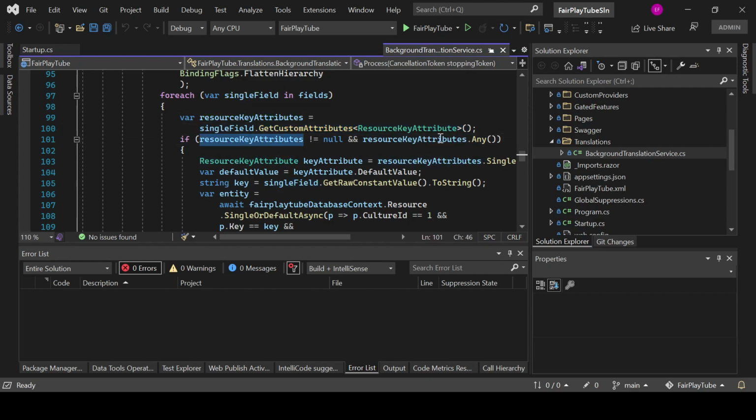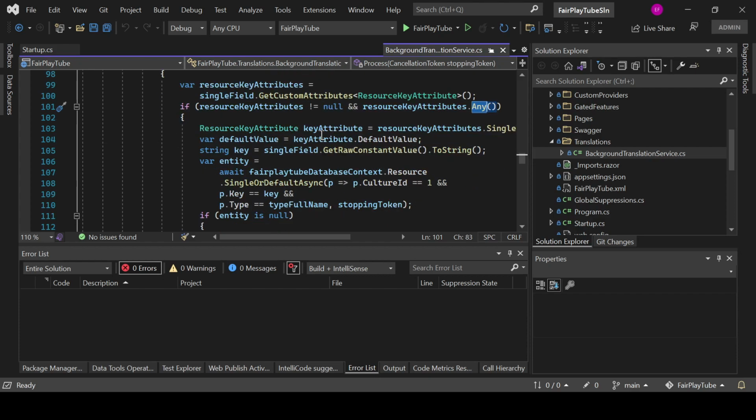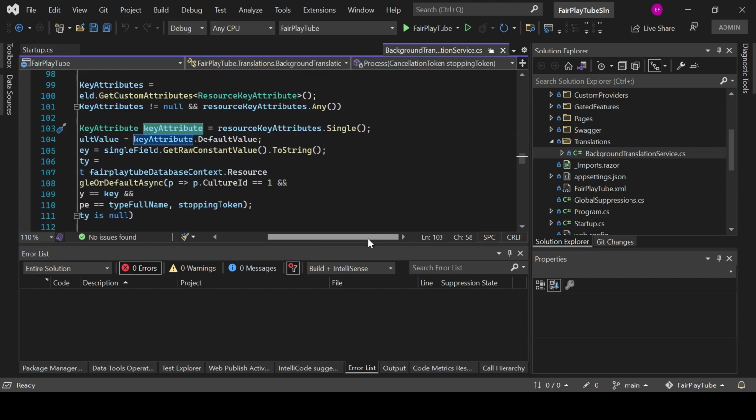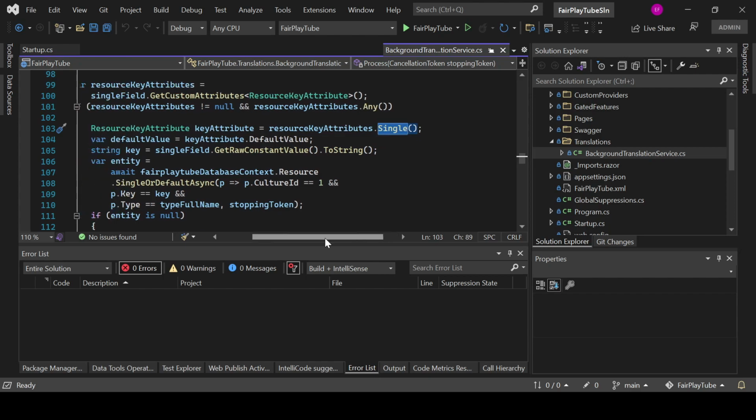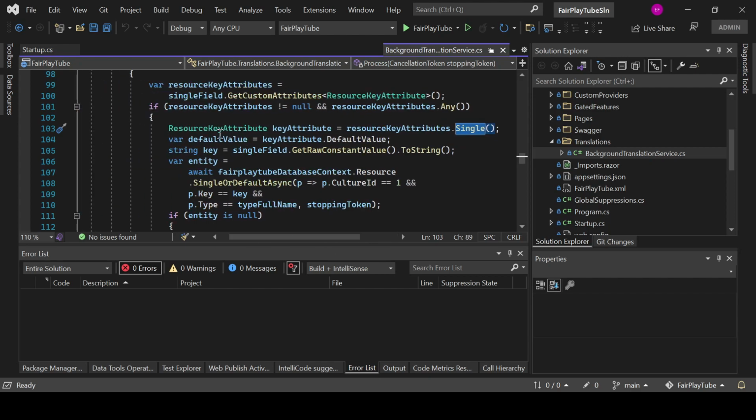So if there is at least one, we go to actually get the attribute. So you see resource key attribute, we know there's only one in our case, so we do single. We get the default value. The default value is going to be the key attribute default value. The key is going to be the row constant value, and the entity we are going to get